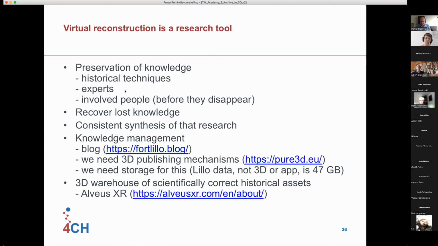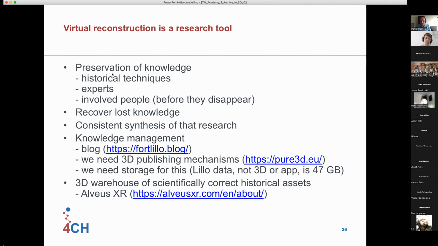So that knowledge will also get away, and also involve people that, for example, have excavated the site. You need to know their knowledge before they disappear, or before simply their team is dissolved, because then the knowledge also gets lost. So preservation of knowledge, to my opinion, is a very important task that can be done through